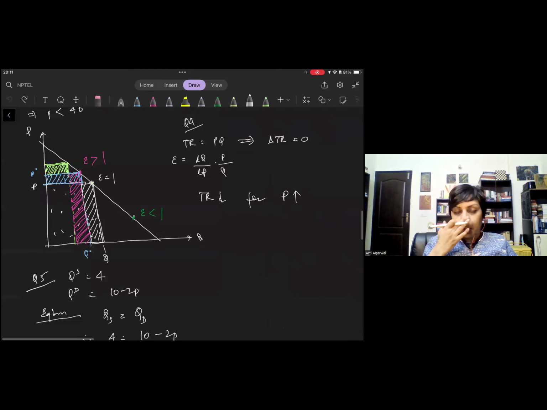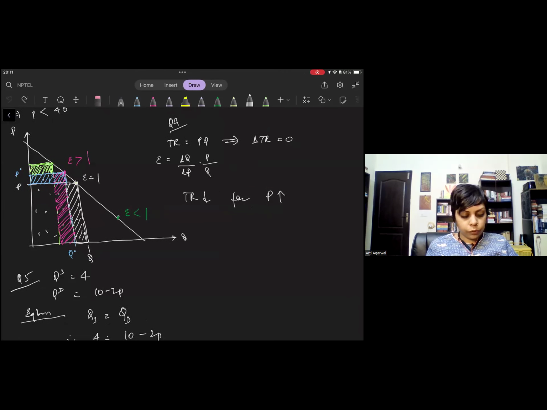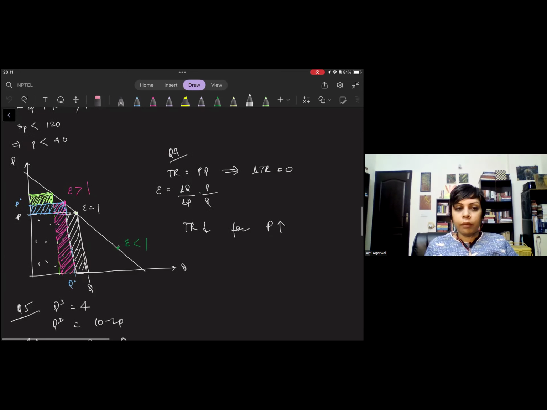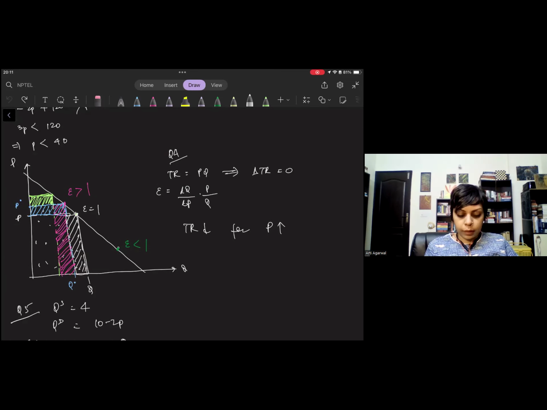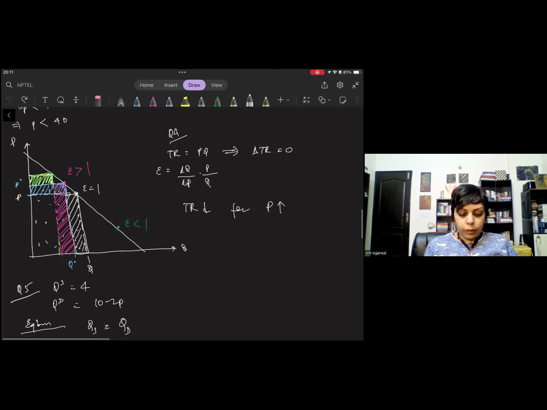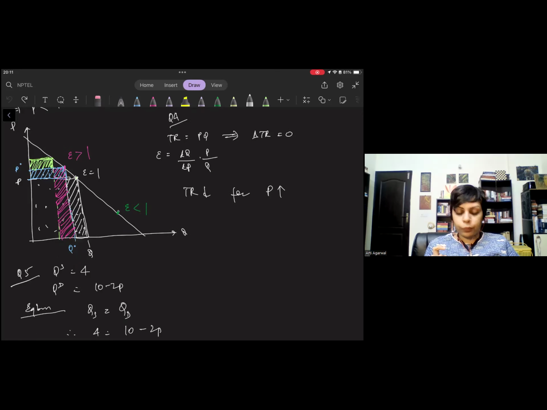So this is the basic diagram for price elasticity of demand. This is a general case. This is not the case of monopoly or competition or anything. This is actually from week 3. Week 3 is your basic demand and supply. So you remember total revenue is equal to P into Q, right?